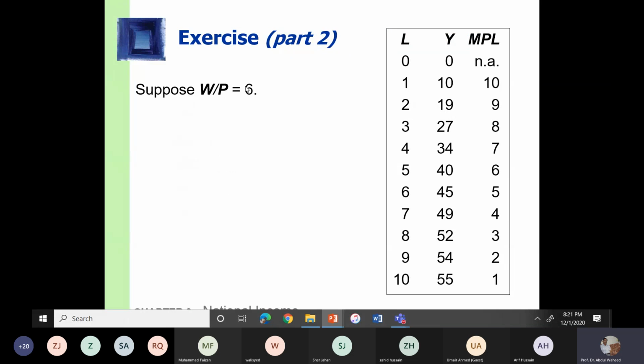Now अगर रियल वेज 6 है, रियल वेज आउटपुट है, ये भी आउटपुट है ना। ये सपोज चेयर है ना, फर्स्ट वर्कर आ रहा है उसने 10 चेयर प्रोड्यूस किए, सेकंड वर्कर ने 9 चेयर प्रोड्यूस की, थर्ड। अब ये आपका बेनिफिट है, दिस इज योर बेनिफिट ना, नंबर ऑफ चेयर व्हिच इज प्रोड्यूस्ड बाय ईच वर्कर इज द बेनिफिट बाय हायरिंग दैट वर्कर। कॉस्ट क्या है? यू हैव टू पे रियल वेज, एंड रियल वेज इज व्हाट? नंबर ऑफ यूनिट्स ऑफ आउटपुट।